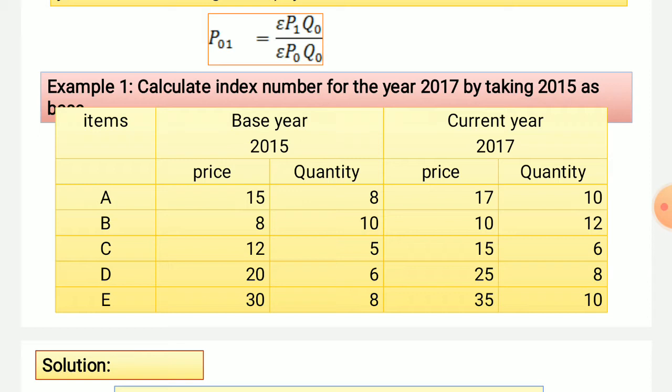So here with this data we have to compute indices or index numbers for the year 2017, based on the base year 2015. So the base year price and quantity means P0 Q0, and current year price and quantity P1 Q1 are given,